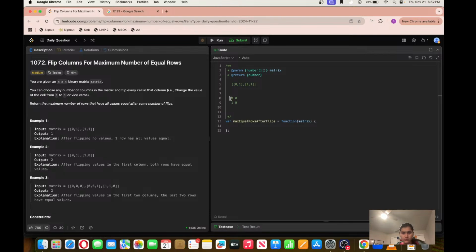This will never be equal. So only 1 of them can be equal, right? 2 cannot be equal at the same time here, because if I flip 1 to 0,